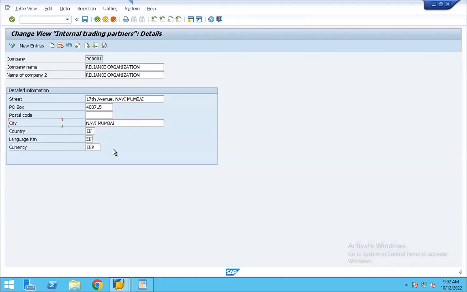Yes, actually, see, usually it is important for any company banner to specify which country they are in and what language key they are using, and there are some other dependent factors on these parameters. So even though, as you said, it is optional, it is good to provide the input so that we can leverage these input parameters for different aspects from a finance perspective. So it is important to key in.